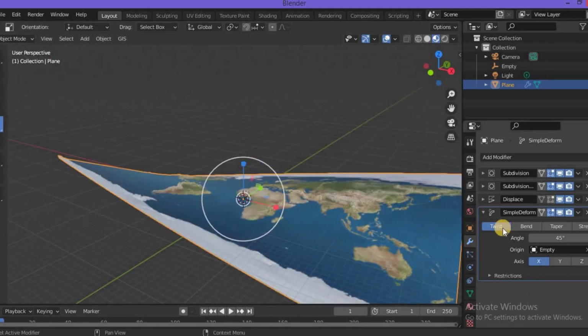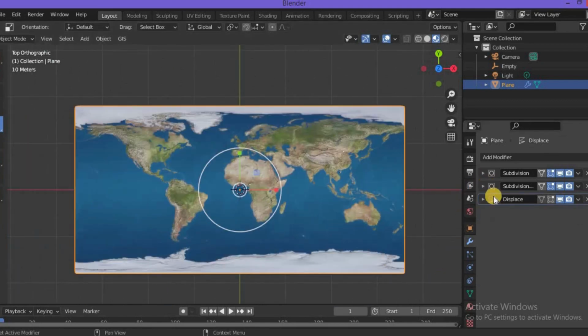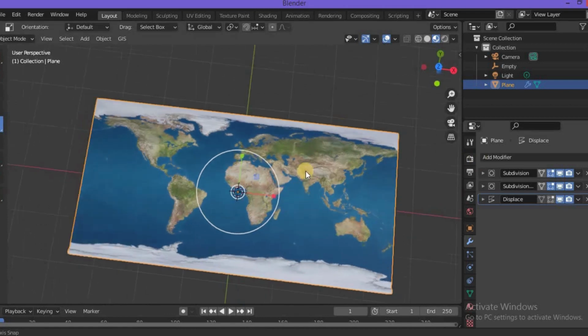So I'll just unselect this twist and I'll just select this bend. So now we have successfully applied 3 modifiers and we have mapped our image onto the 3D model.